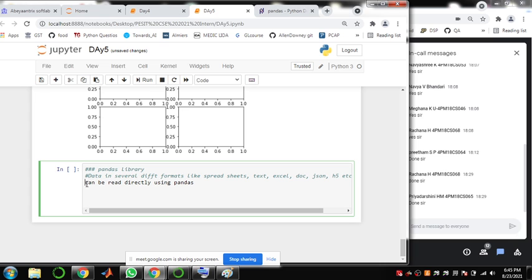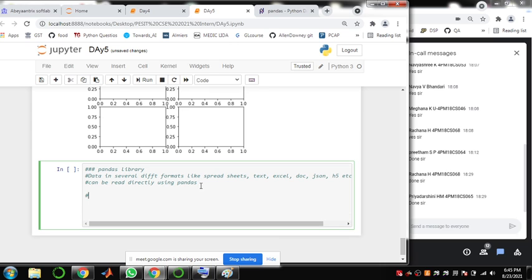Then in the second stage, it helps in understanding the data with its functions. Functions are there which will help us in understanding the data. Say, for example, you're reading an Excel sheet, it will help us in reading that Excel sheet and displaying it.